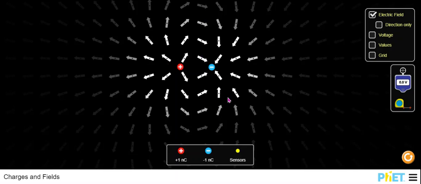Now, electric potential. Electric potential is defined as the energy that an individual charge possesses in an electric field due to its position. The electric energy that a particle possesses in an electric field due to its position. Now, if I bring this particle right here and place it here,